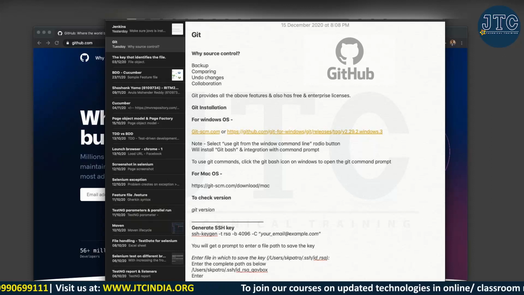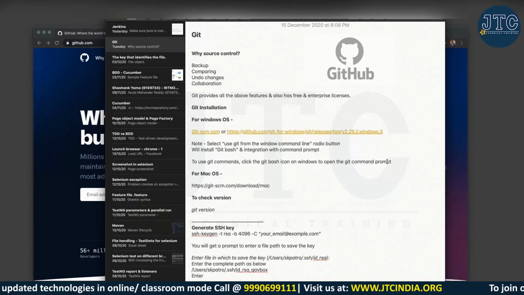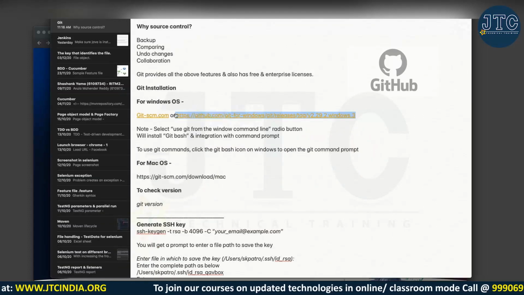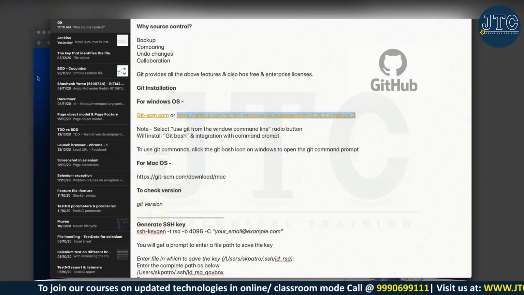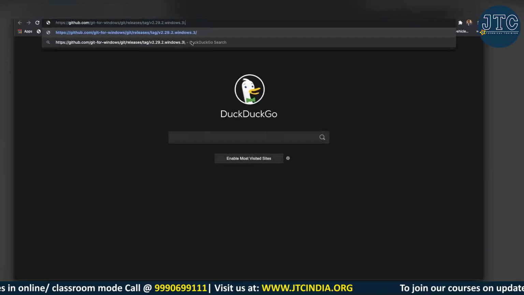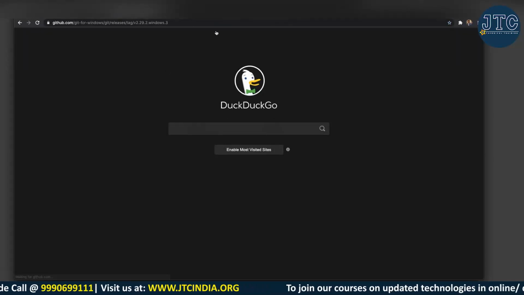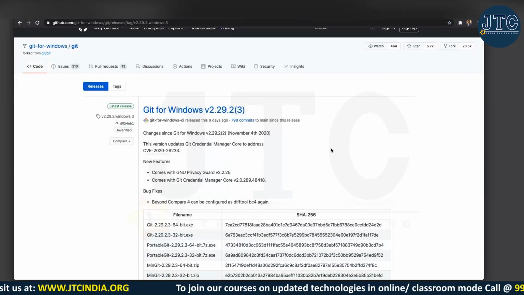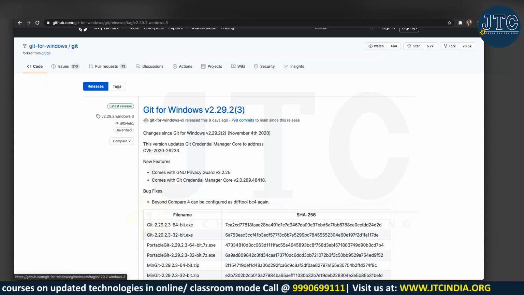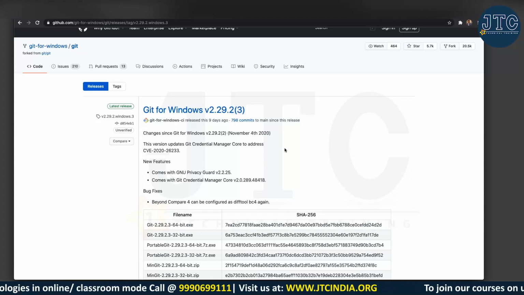So now let's understand how to install Git. There are two ways, I mean, two platforms which we will be learning. One is your Windows operating system. So if you are using Windows, let me go to this one, and this is for the Windows operating system. Because it is open source, it is available on GitHub. I will show you how to use this Git, so don't worry about that.